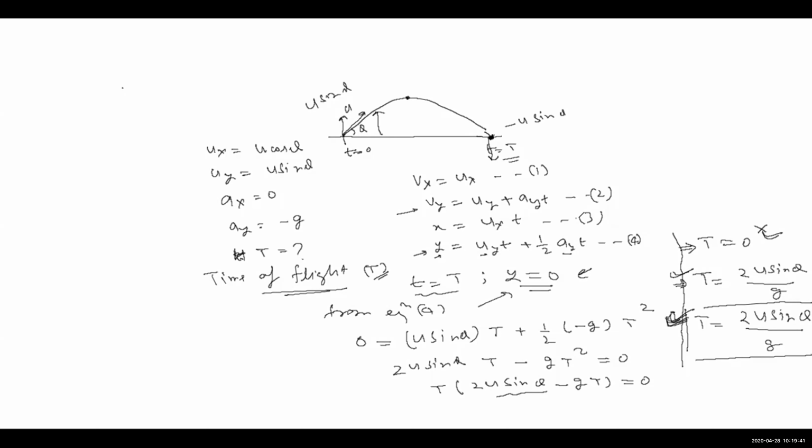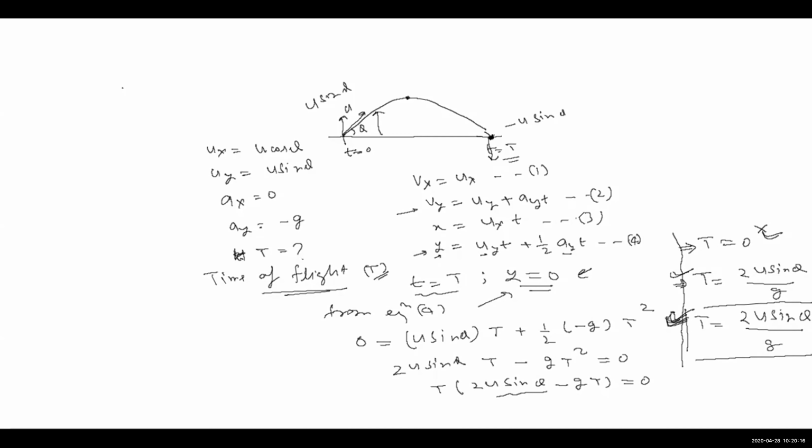The horizontal component. So we need a time at which it will be at the highest point. Yeah, that's the thing we have to calculate. But how will we get that time? Condition: the horizontal component of velocity will become 0? No. What about the vertical component? Yeah, the vertical component becomes 0.